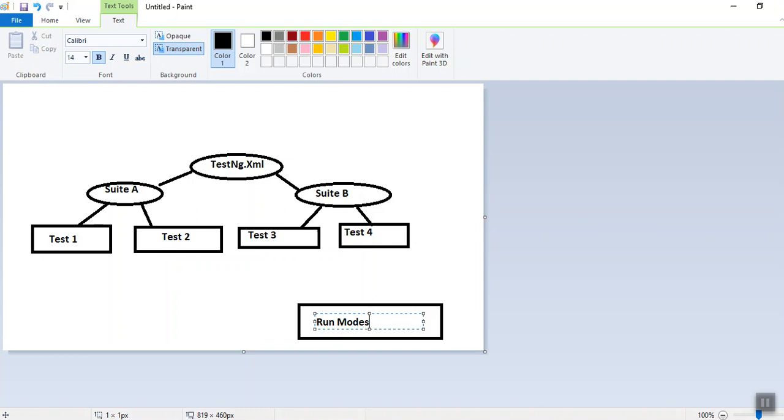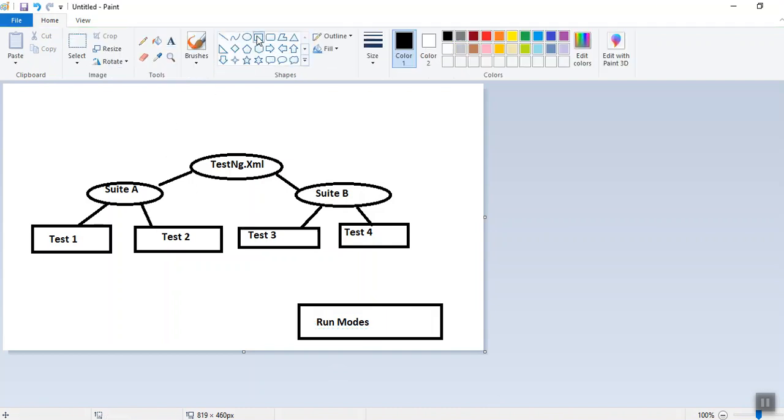This Excel file will hold all the run modes, and we will also have some test data. If the run mode is yes, then we need to execute that test case, and for executing that test case we should have data also. The data will also be maintained in our Excel sheet.